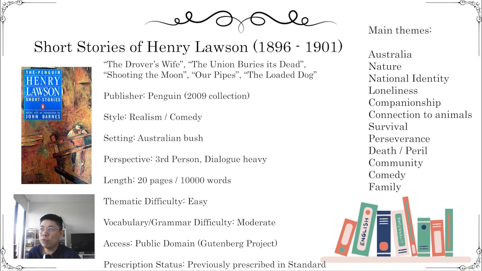is and how powerful and meaningful it is to make your own way in this unforgiving landscape, but at the same time amping up just how difficult it is to live in these kinds of environments, how often it's a battle between man and nature or man and the distance from another human being, that we find connections in unlikely places, and we are often trying to define ourselves based on our success in terms of agriculture or success in terms of relationships. So it's looking at these everyday sorts of moments that happen with people in regional Australia.